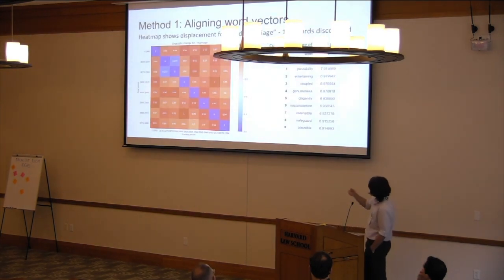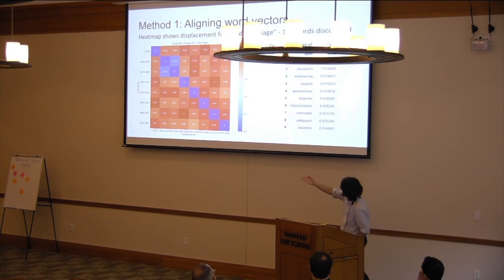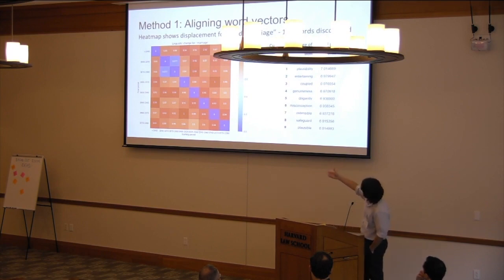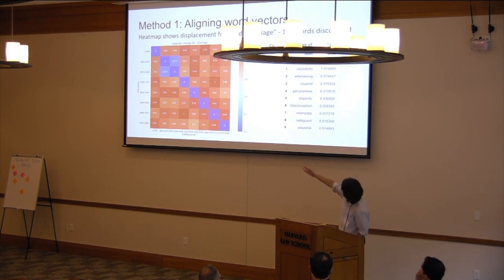Now, for instance, this is a pairwise cosine distance score. From the 1840s, if you take all of the cases pre-1840 that we collected and built a word2vec model from, and you compare that model to the word2vec model for 1840, you'll get 0, right? There is no movement between 2 models that are of the same thing. But if you go to the next period, like 1870s to 1900s, you get some movement.